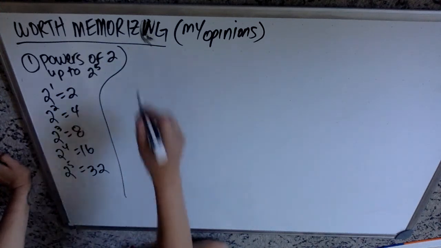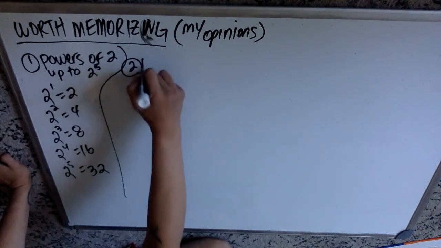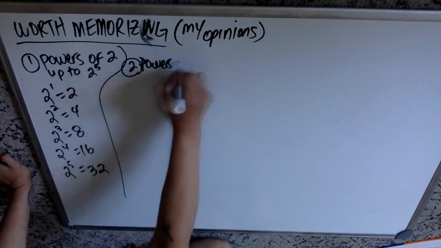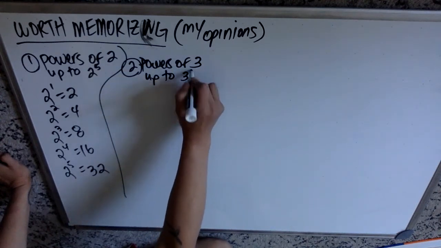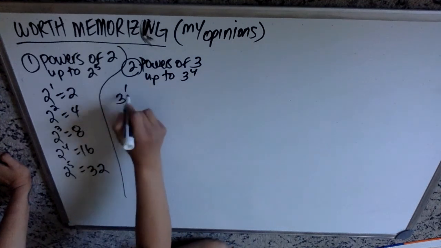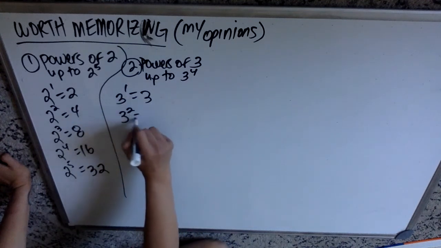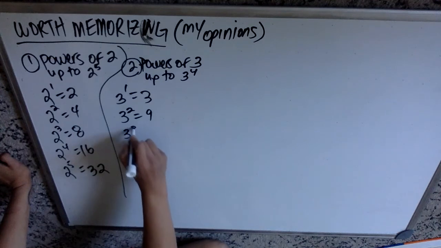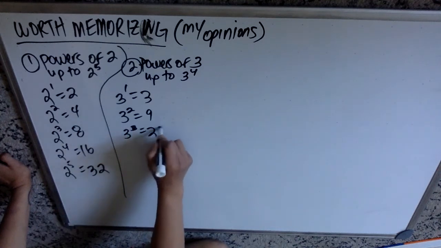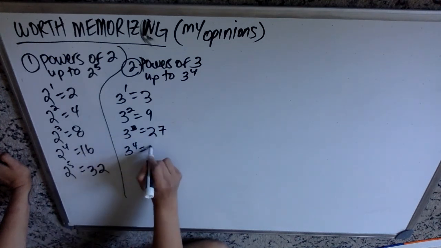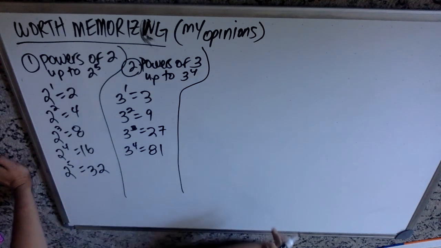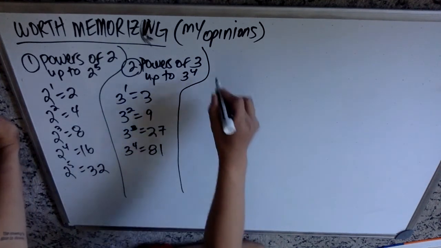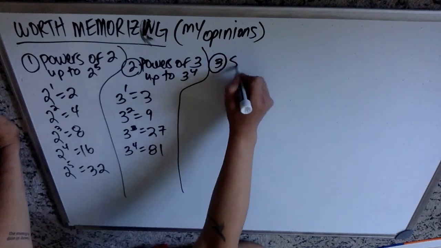Okay, the second thing I'm going to suggest is that you have powers of 3 up to at least 3 to the 4th. So 3 to the 1st is 3, 3 to the 2nd is 9, 3 to the 3rd is 27, and 3 to the 4th is 81. Again, I would suggest memorizing these. You don't have to do that. It's your business. Okay, third thing that's worth knowing is you should probably know the squares